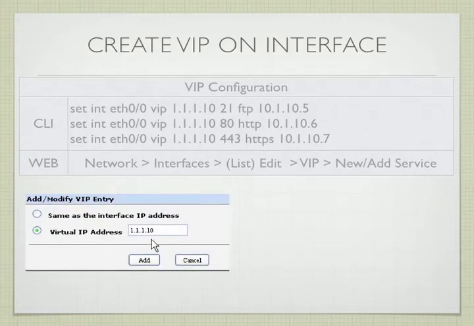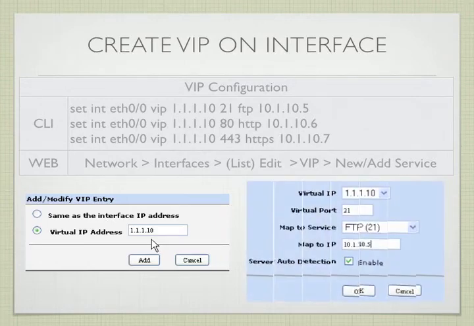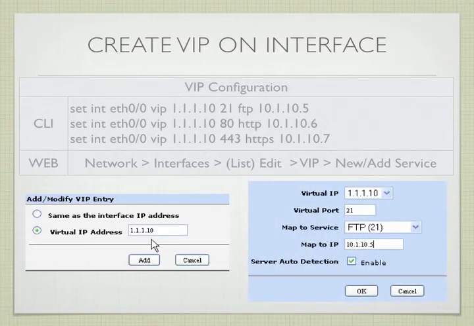And when you hit add a new service, it'll create the virtual IP address, or you can do it on the same IP address as the interface. And then you set up where it goes. So in this case, we created a VIP on an IP address in the range of the interface that our carrier gave us, and we're forwarding port 21 to